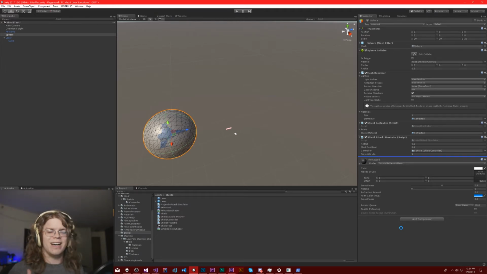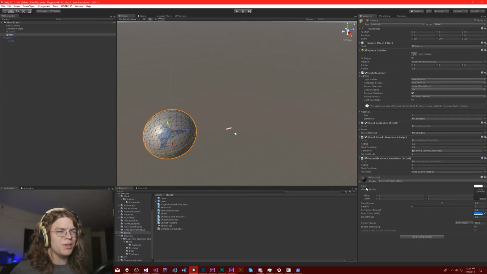There's no real reason, I just don't want to create another object. So now, let's do a radius of, say, 20 and a shot cooldown of 0.1. So we'll create 10 bullets per second. And then